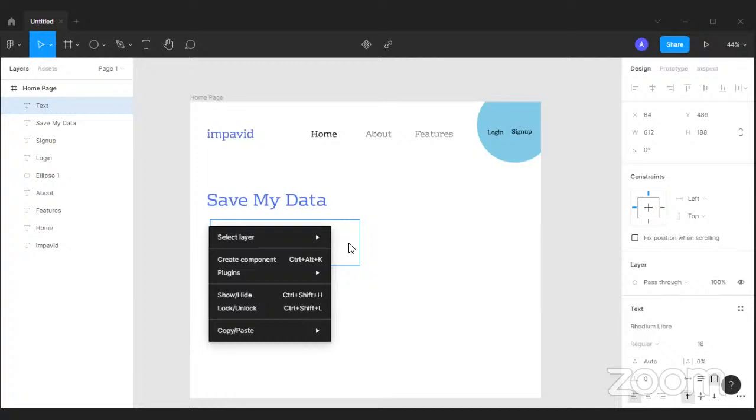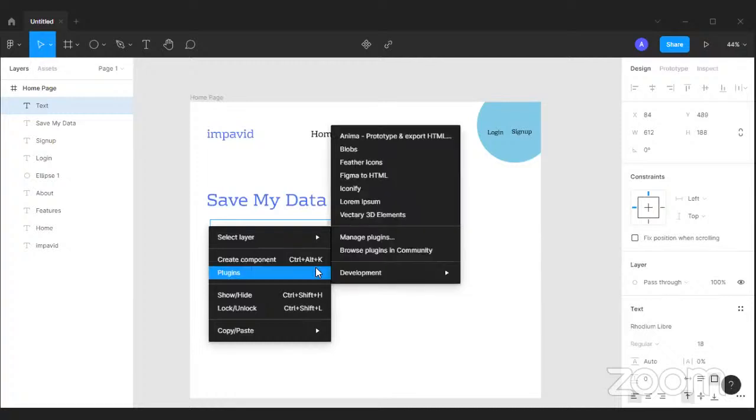Figma provides a beautiful plugin to add dummy text, and that dummy text is called Lorem Ipsum. Lorem Ipsum is an online tool which will help you place dummy text. If you are not sure what text you have to add, you can place dummy text. So Lorem Ipsum is one of the online available tools, and it's a plugin which is also available for your Figma to add a few dummy texts into